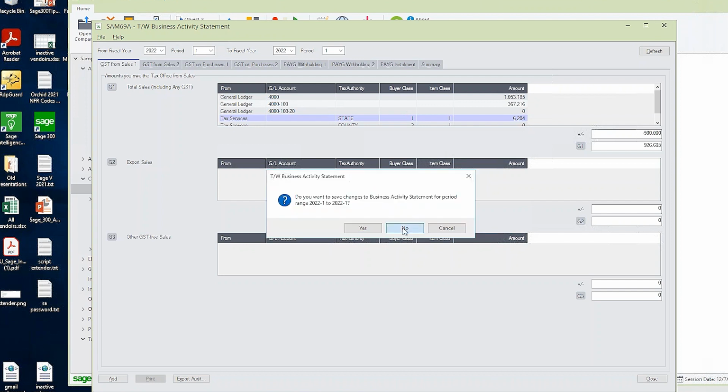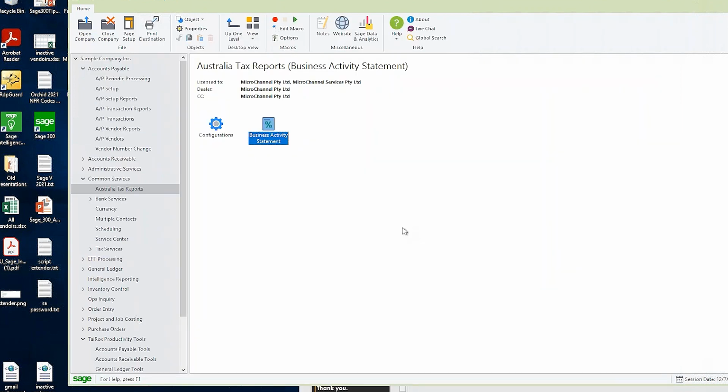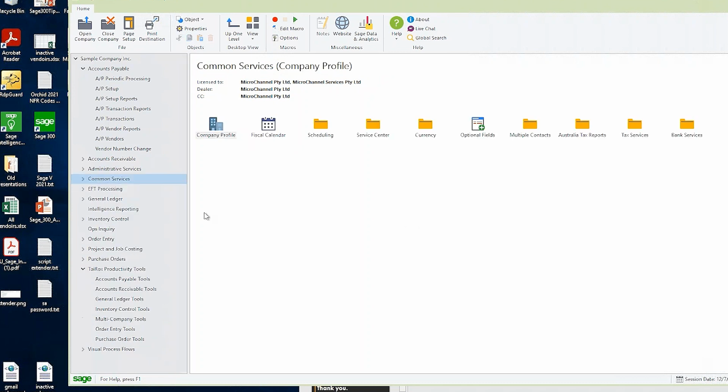It is a component of current Sage editions, but it does need to be activated. So if it's not in your system, ask your consultant and we can add that back in to you. Okay. The next